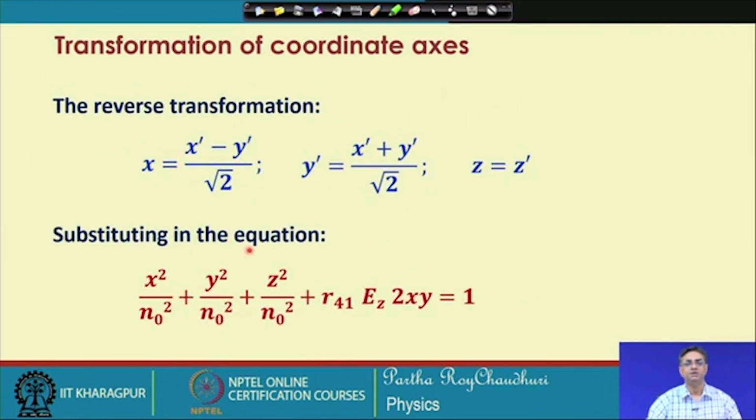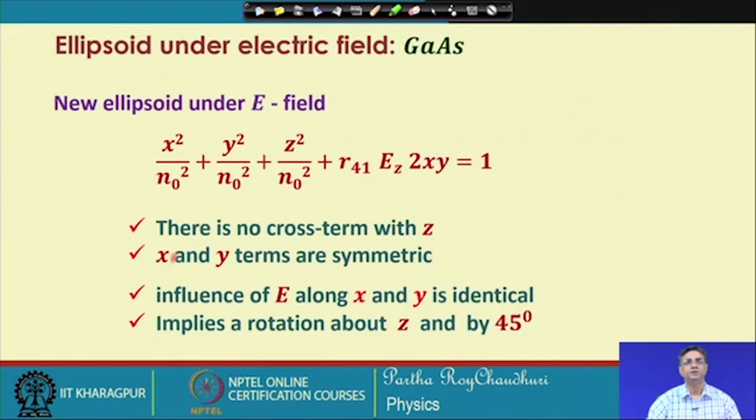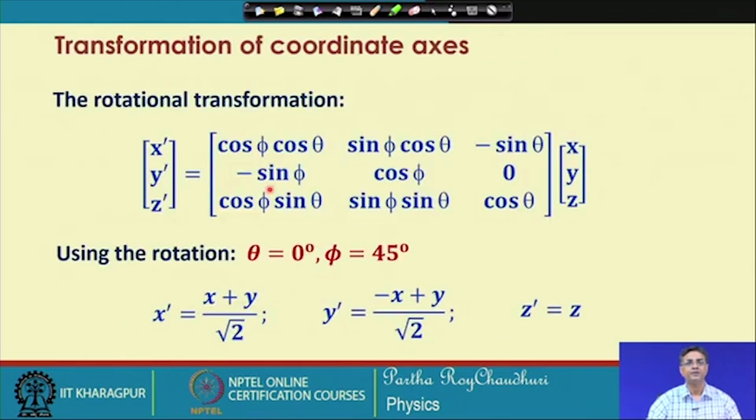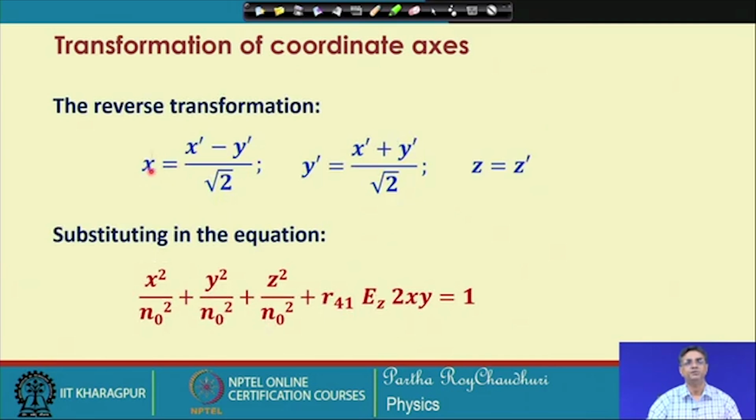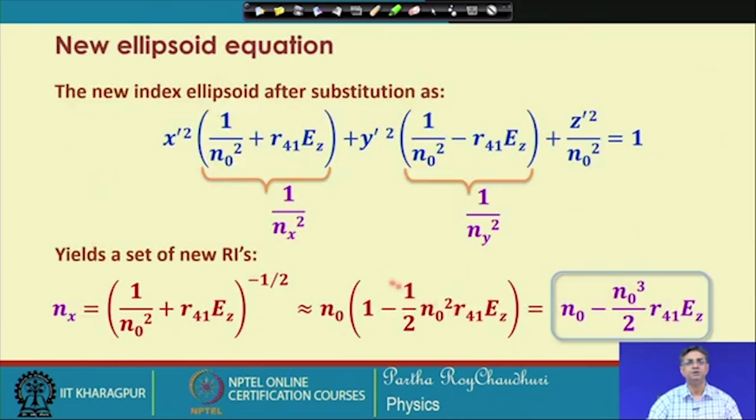But the reverse transformation is required because we have this equation in hand in x, y and z. So, we have to substitute for x, y and z by x dash, y dash and z dash. Therefore, we need a reverse transformation. x will be represented by this, y will be represented by this, and z is anyway equal to z prime. Therefore, by substituting these values of x, and this should be y, not y prime, this should be y, if we substitute back into this equation, we can write this equation in this form,